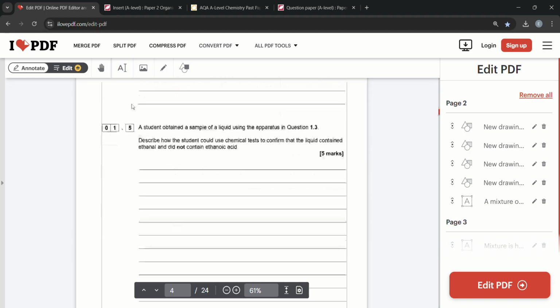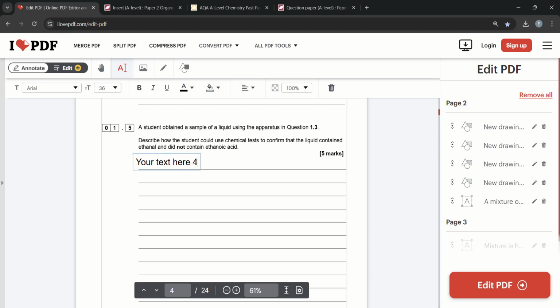Describe how a student could use chemical tests to confirm that the liquid contained ethanol and did not contain ethanoic acid. So the liquid contained an alcohol, not a carboxylic acid. Tollens' reagent: add Tollens' reagent